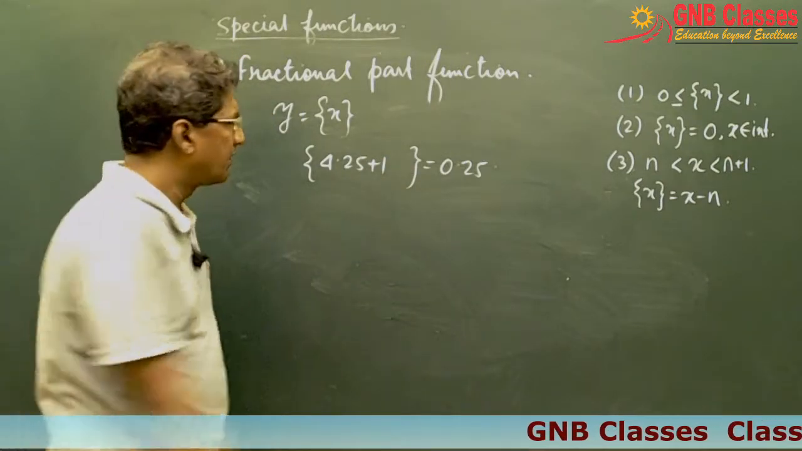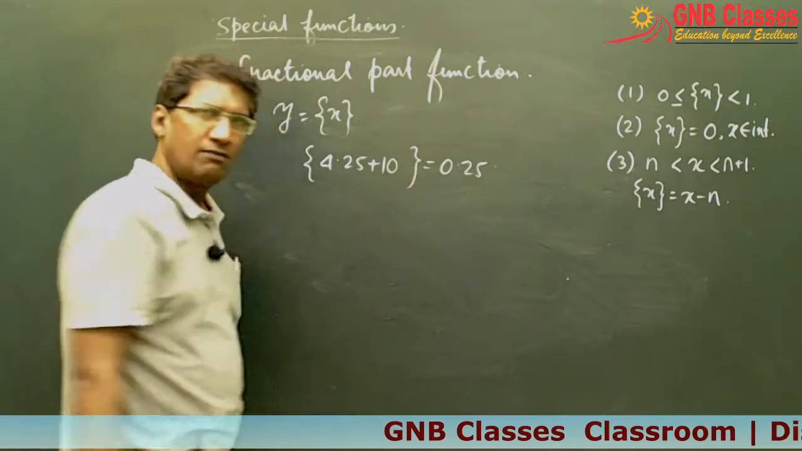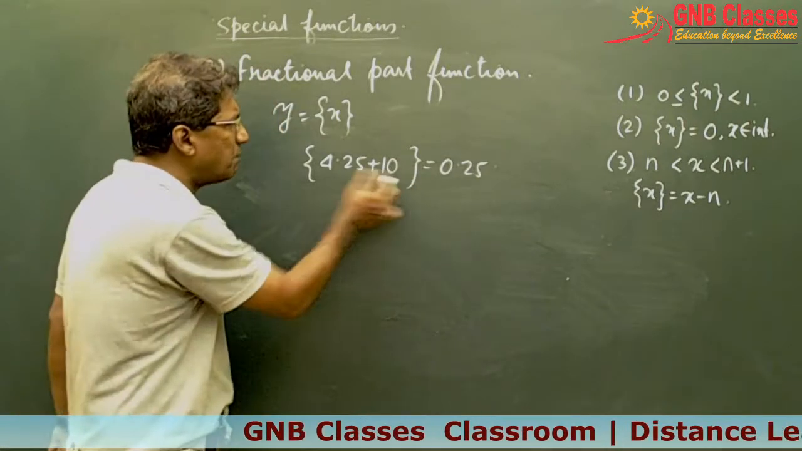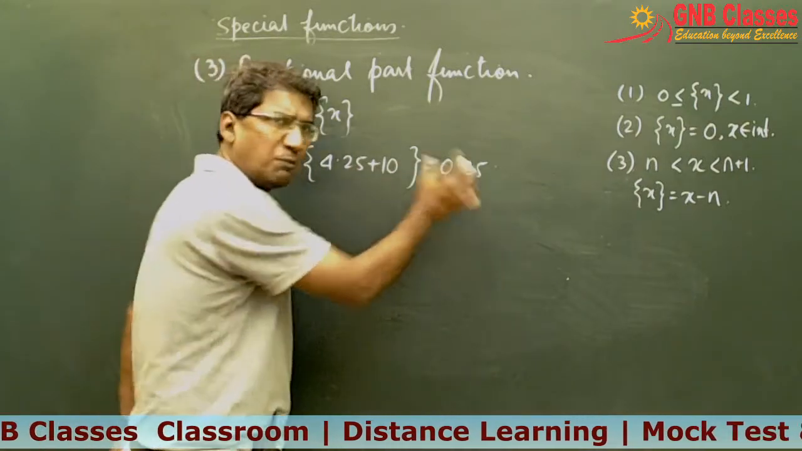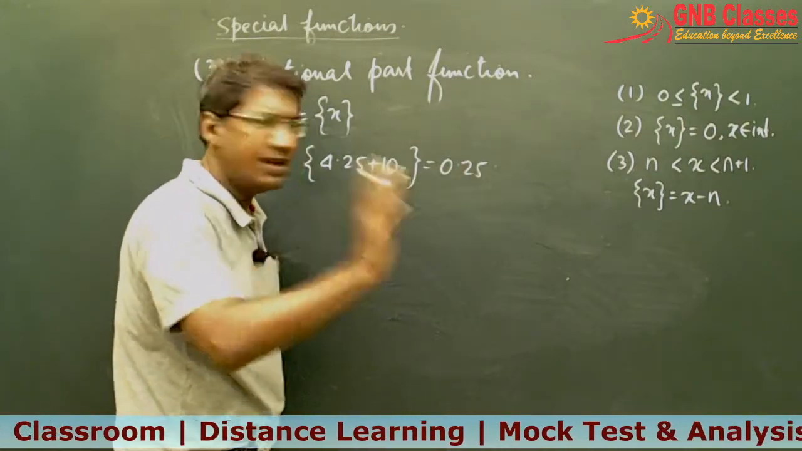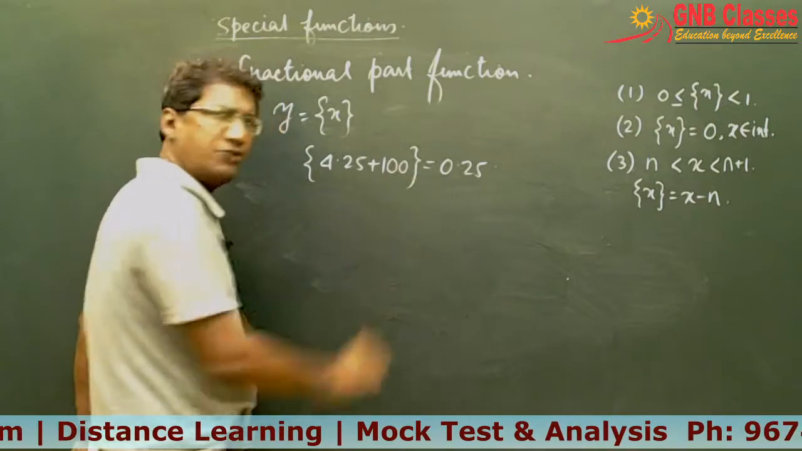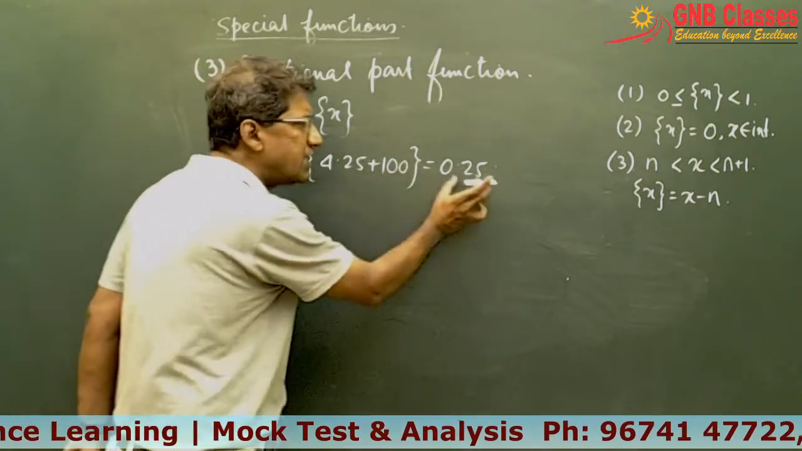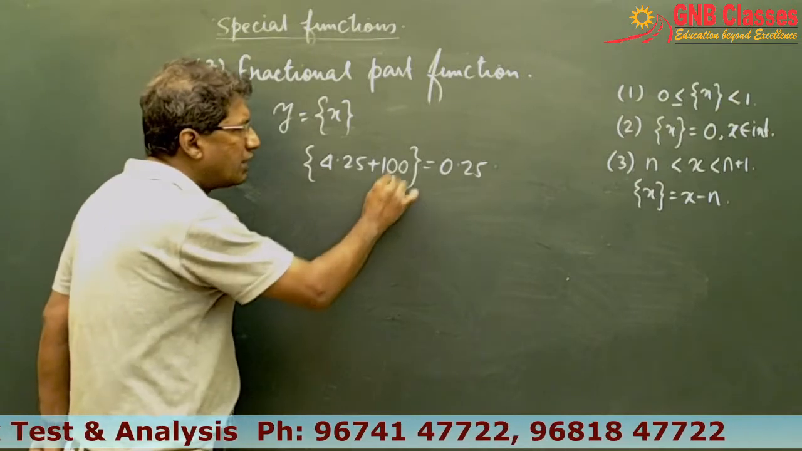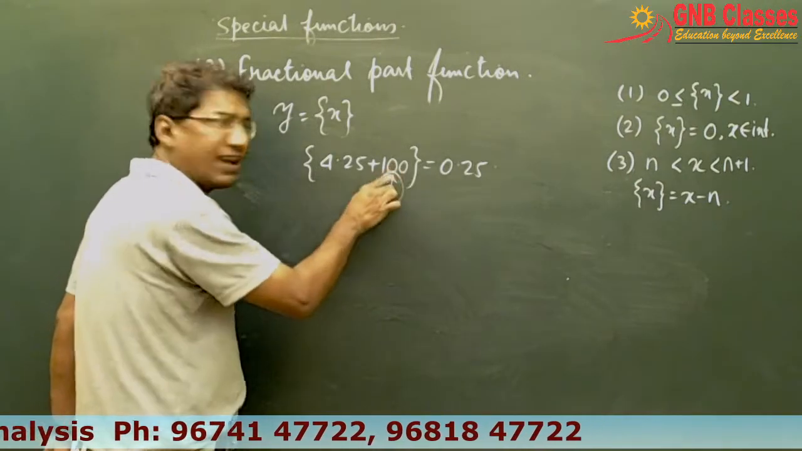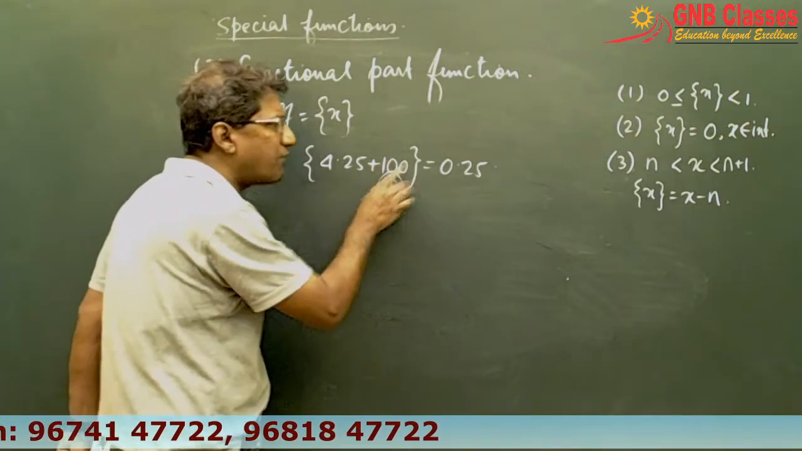Same answer. If I give you 10 over here, same answer, because 10 plus 4.25 will give you 14.25. The fractional part will not change. Fractional part will remain same. Even if you add 100, again the fractional part remains same. That is what I want to say: if you add integers over here, it will not affect the answer